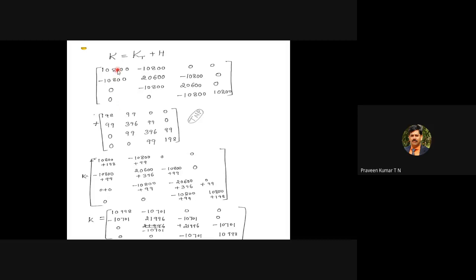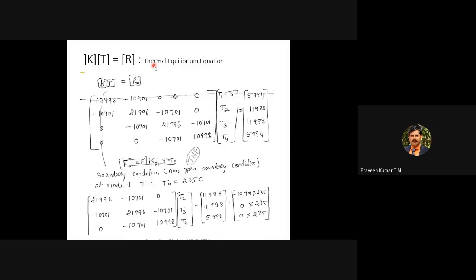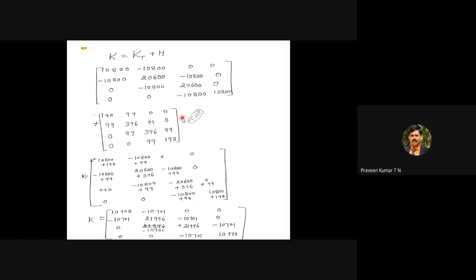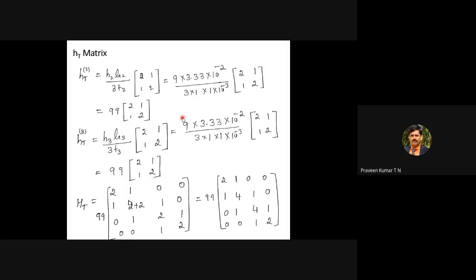Imagine this is the first row and first column. The first row and first column of the KT matrix should be added with the first row and first column of H matrix. That difference you should be able to understand. Then you will come to the important point, the elimination method. So you are eliminating, because other than that you have to put H value also. Somewhere I think I have put. No, we'll come to that.